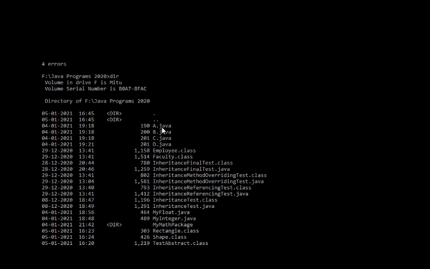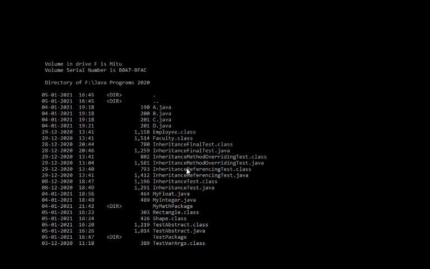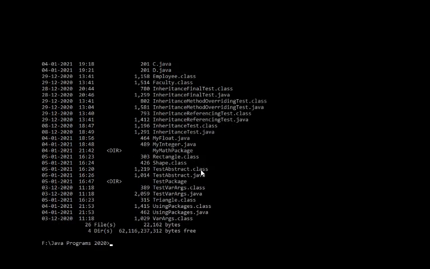To solve this problem, we can copy these ABC.java files into the directory of our package. So we can copy A, B and C to test package and D to subpackage. So let's do this and see what happens. Okay, so now I have copied the files to the respective directories.